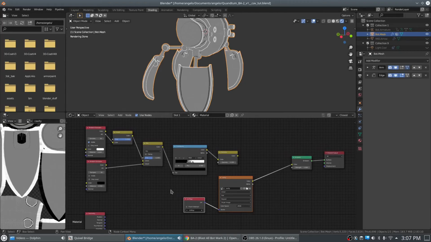In the next video, I'm going to show you how to make a cavity map from a normal map in the shading editor where we are now. It's not that difficult. It's a bit much, but it's not too bad. And using that along with what we've just done today, you can create some really awesome cavity maps for use on your